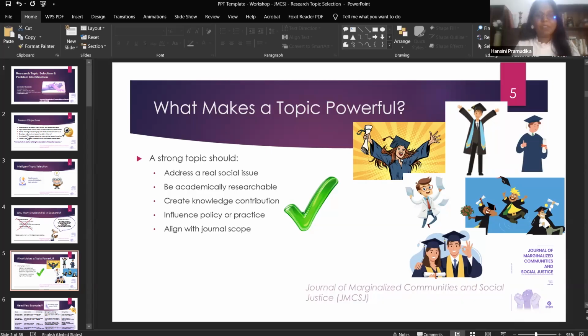And the third point is creating knowledge contribution, right? You have to contribute to the existing knowledge, and at the same time influence policy or practice, right? The term is research translation. So it is very important, research translation, right? Research translation in the sense that we conduct a research here and we publish it. That's all. Is it usable? No. When we design the policies, maybe in a country, maybe in an organization, maybe in a different context, right? When creating or designing the policies, we have to come up with the